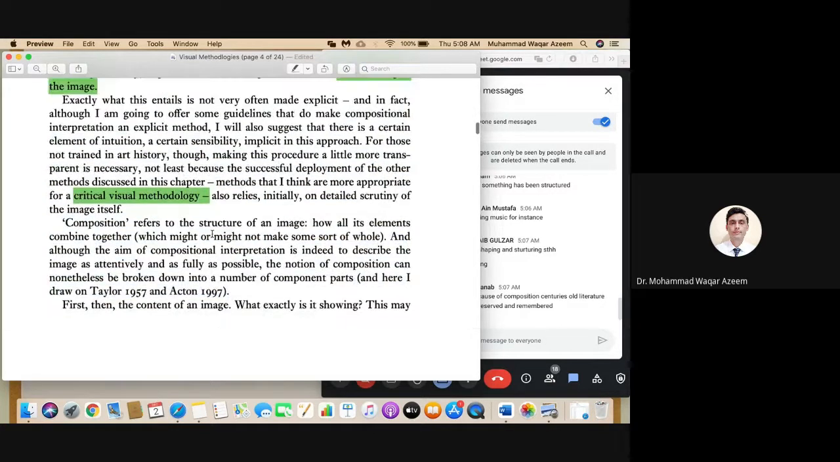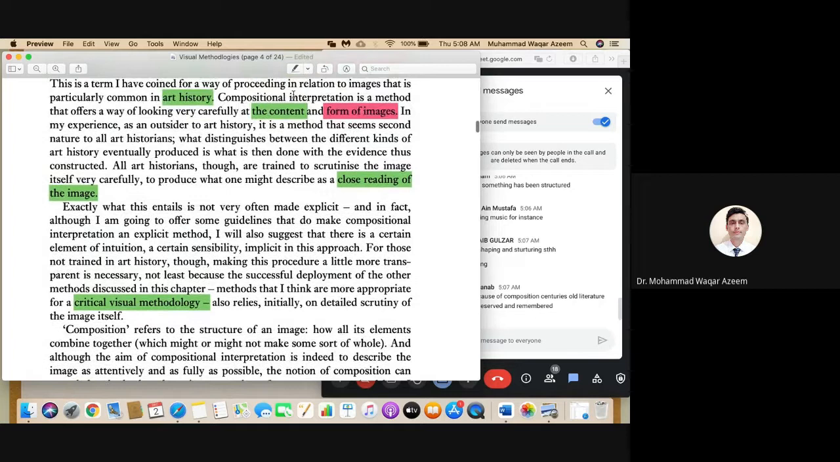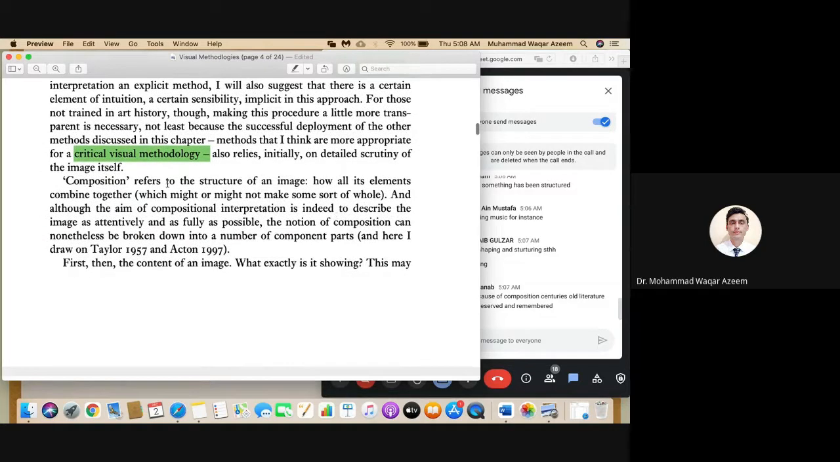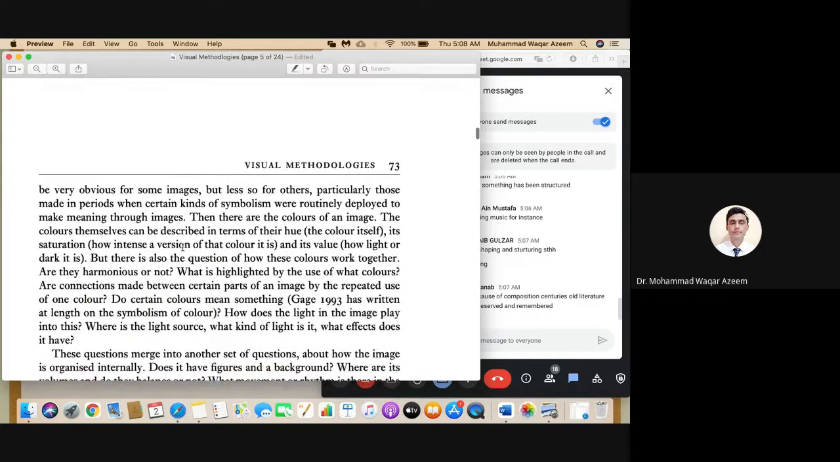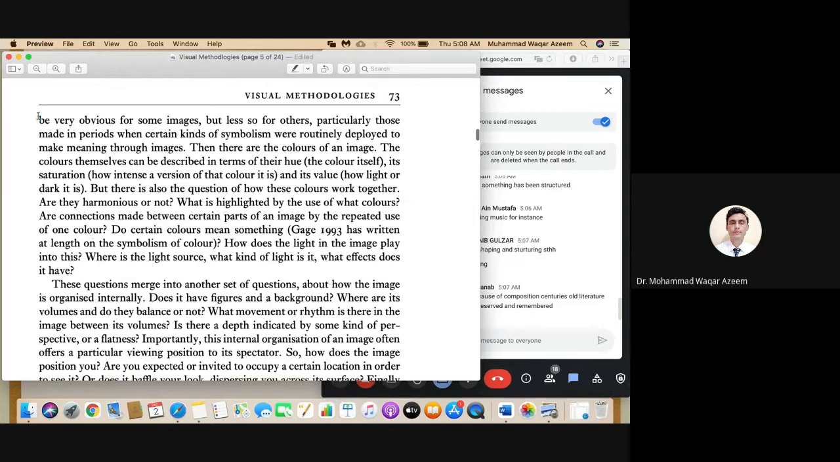So the first thing, as I said above, is that content and form are two important elements of any image, right? So she would begin with the content of an image. When we start analyzing an image, the first thing we need to notice is what its content is. This may be very obvious for some images,